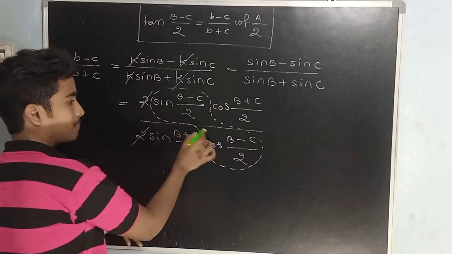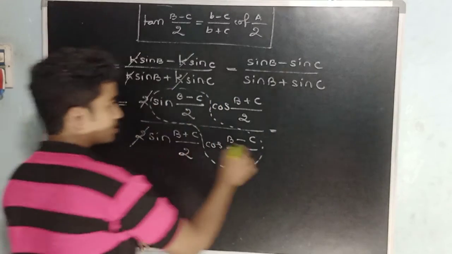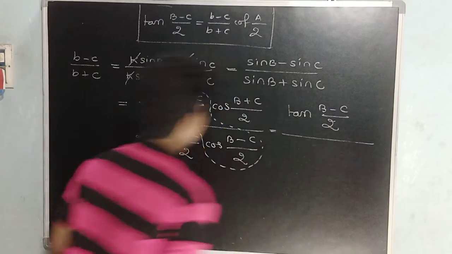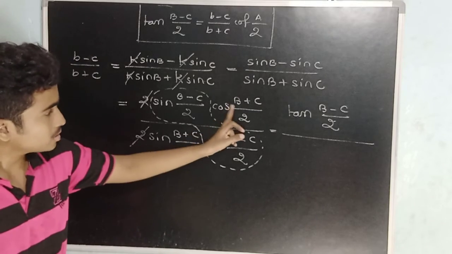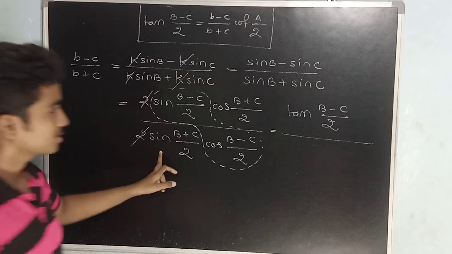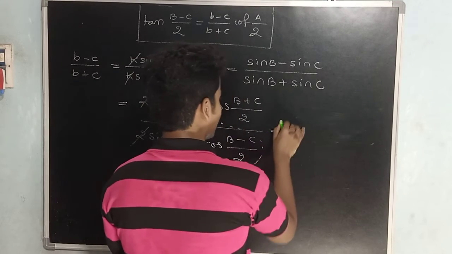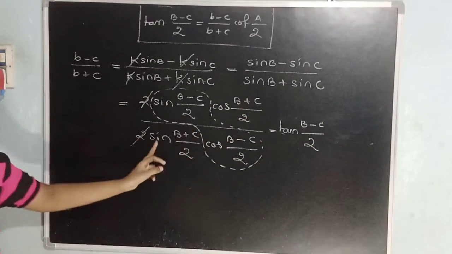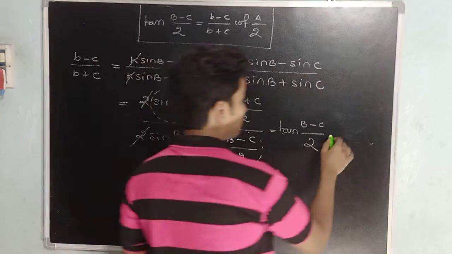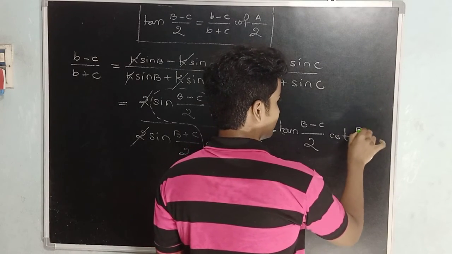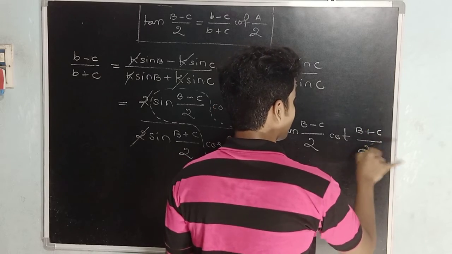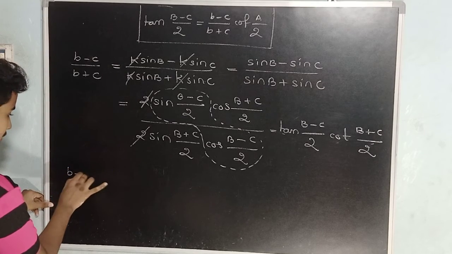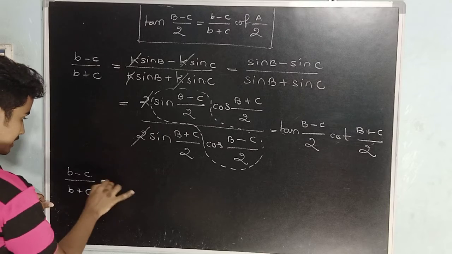Sin B minus C by 2 by cos B minus C by 2. What am I going to get? Tan B minus C by 2. I am going to take this cos to the denominator, or else we can write tan B minus C by 2 into cos B plus C by 2 by sin B plus C by 2. It's nothing but cot B plus C by 2. Okay, it means B minus C by B plus C is equal to